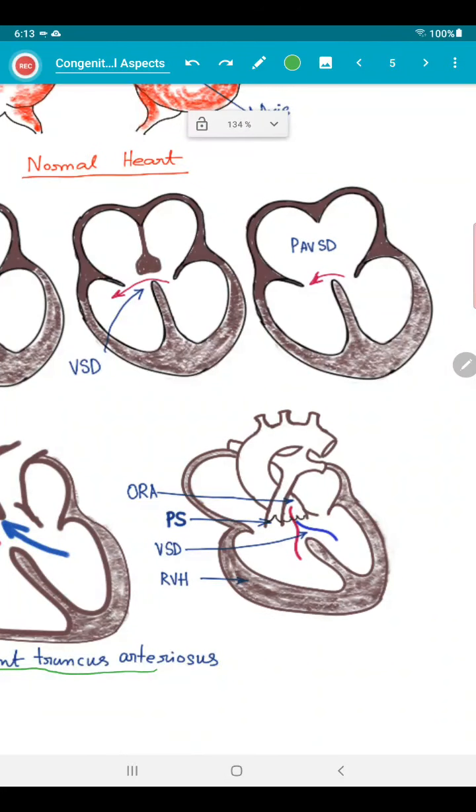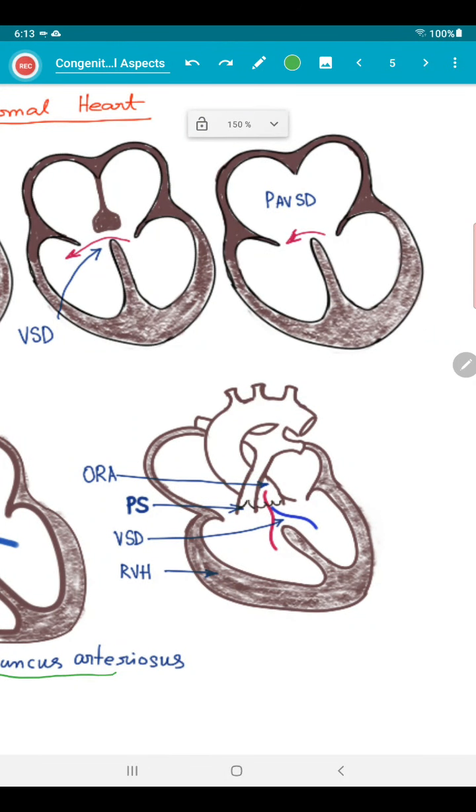Now this is the tetralogy of Fallot. First you see the overriding of aorta. Aorta is more close to the right ventricle. Then pulmonic stenosis, a stenosed pulmonary valve. That's why the pulmonary artery is thinner than the aorta. You notice I have drawn this accordingly, and you will also draw this accordingly. There is a patent ductus arteriosus connection. Then overriding of aorta, pulmonary stenosis, ventricular septal defect, so blood from both sides will come, and right ventricular thickness or hypertrophy.